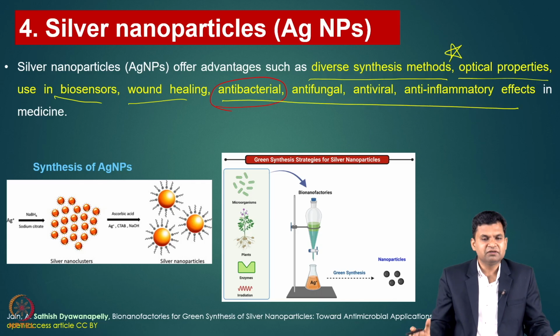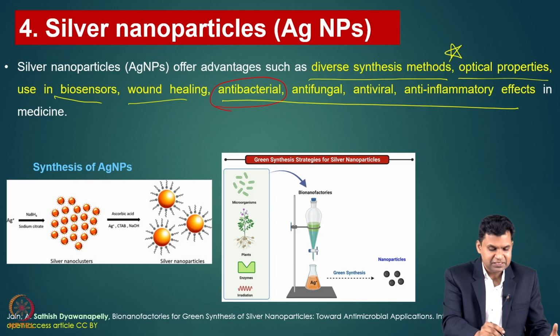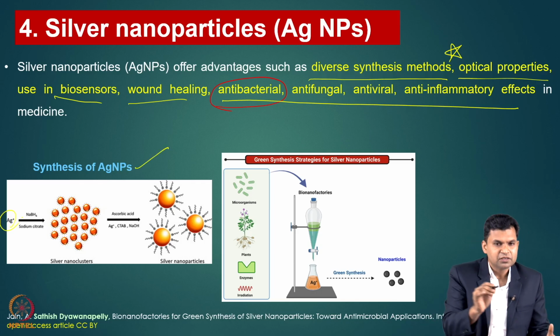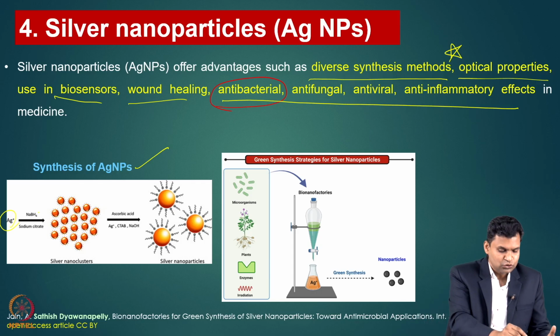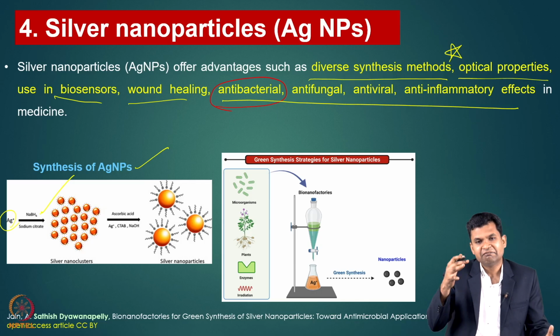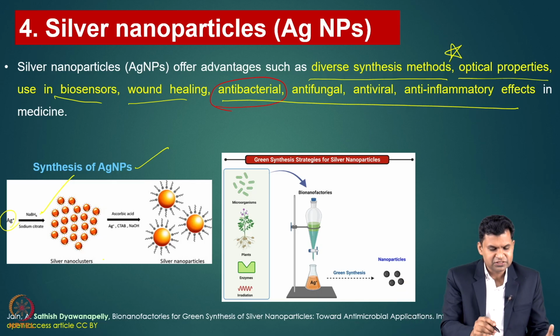So here is how silver nanoparticles form. Here we can see the synthesis of silver nanoparticles. You need to take silver chloride, or you can use silver nitrate. With that, we treat it with sodium borohydride, which works as a reducing agent. That reducing agent will reduce the silver ions into silver nanoparticles, but they are not stable, and they will